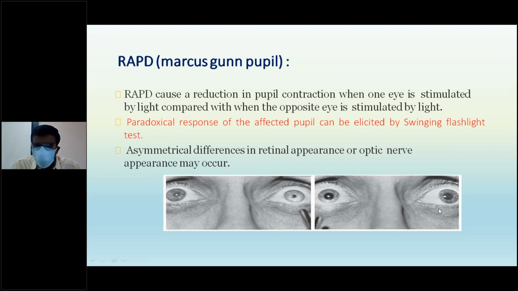In the eye in which you want to elicit the response, there is more dilatation when compared with the right eye. That relatively more dilatation is called relative apparent pupillary defect. You are comparing with the other eye, that is why it is called relative apparent pupillary defect. Here you can see there is relatively more dilatation when compared with the right eye. 1 mm more dilatation is present. That is called RAPD. The test for RAPD is the swinging flashlight test.